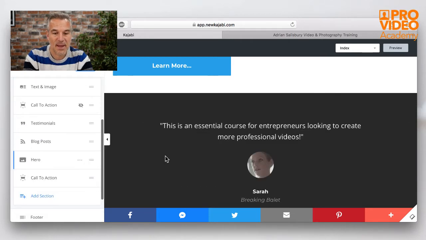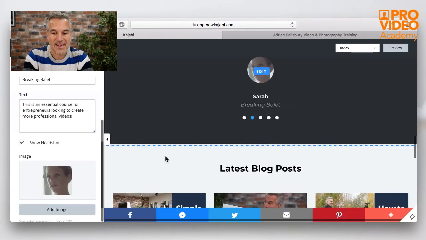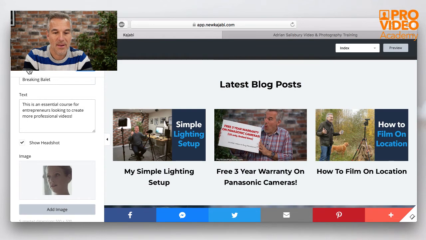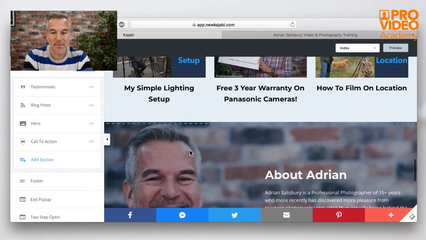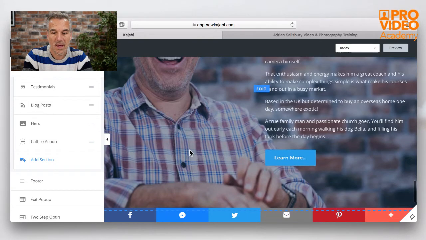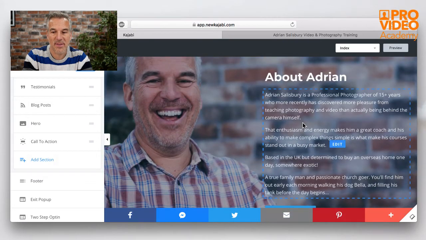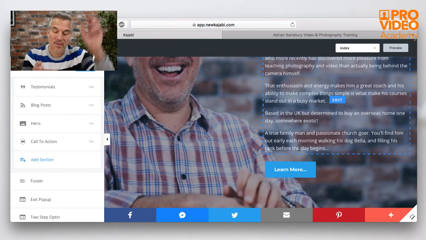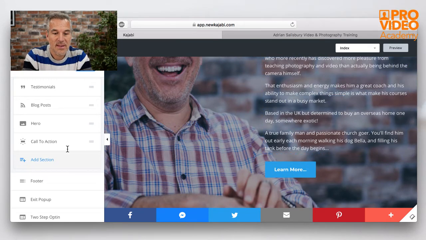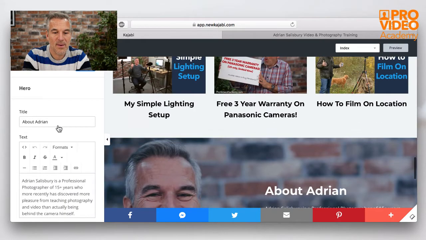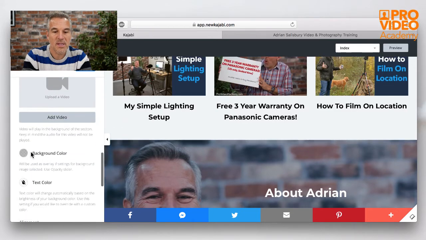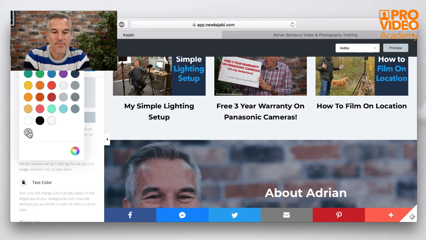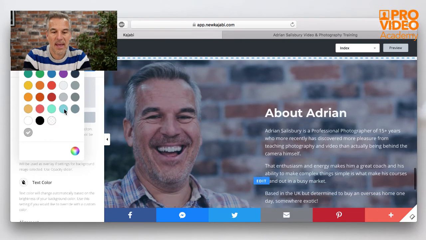So I'm just running down this page first of all, just to give you a feel. That's testimonials, and that's my feed in from the blog. Again, over here, it's this section that's called blog posts. Then I've got another hero section below it, which is this. What I've got there is text over on the right-hand side. This is the same as what I'd done at the top of the page, but the text was over on the left. So when I go into this, I've added a background image again. What you can do as well, which is quite nice, is this background color.